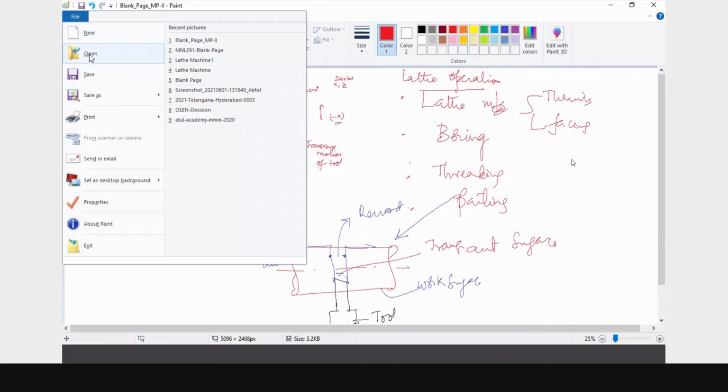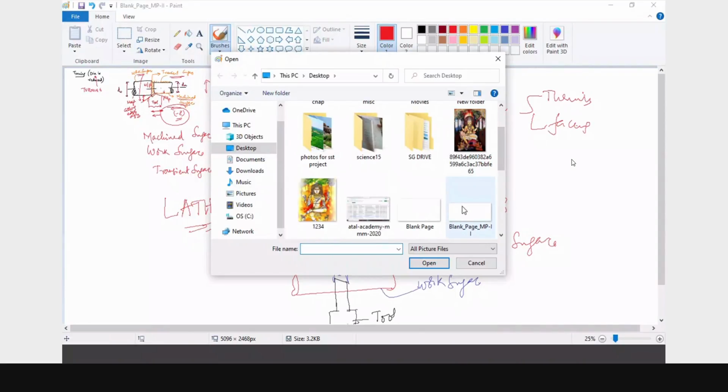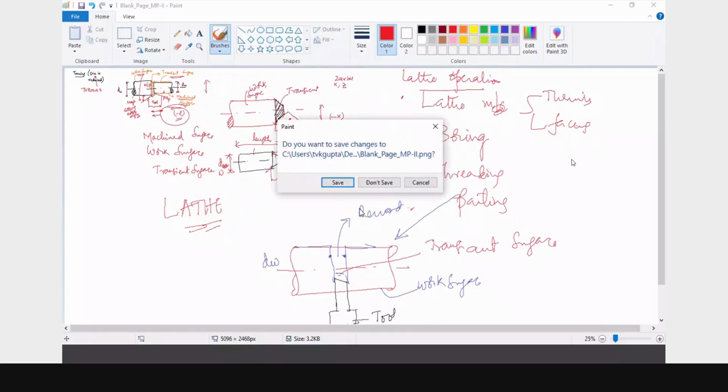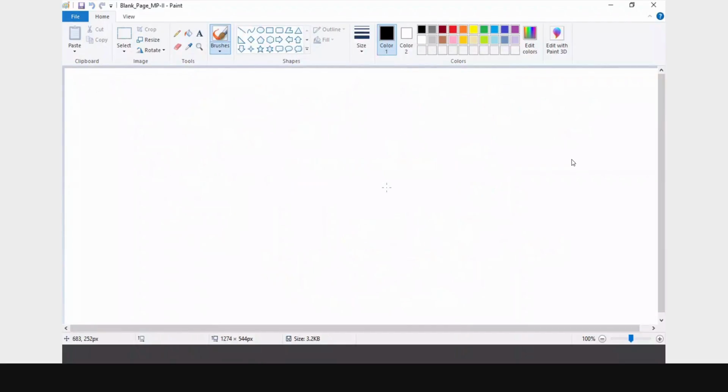So this is one operation which is possible on the lathe machine. Let us talk about threading. Threading is a little typical. You might have seen the threading operation in most of your work. You have something like this. Let me make a light line.